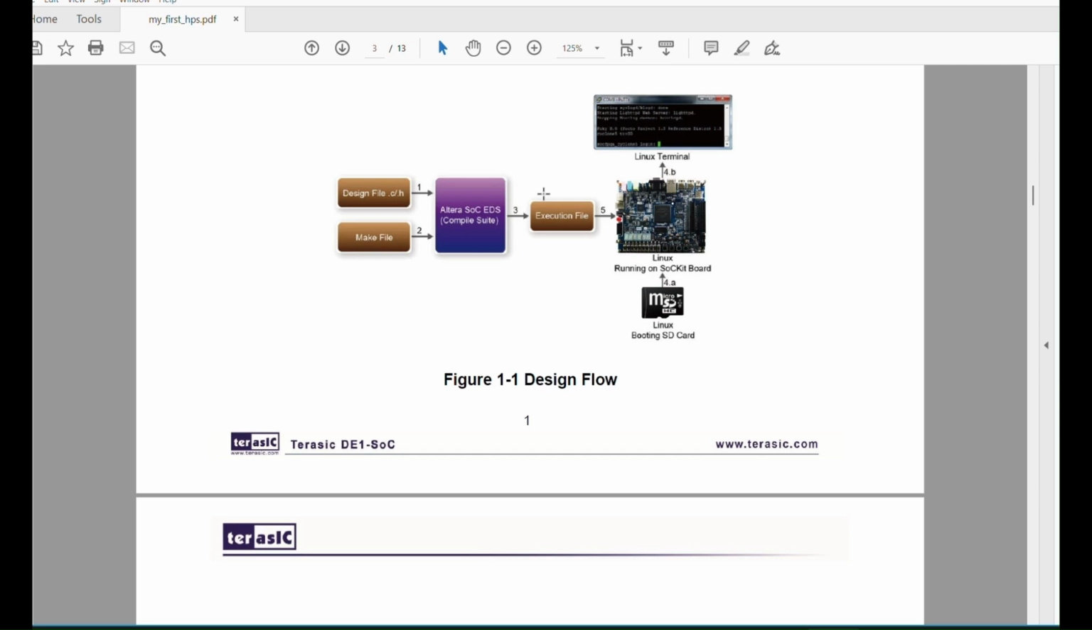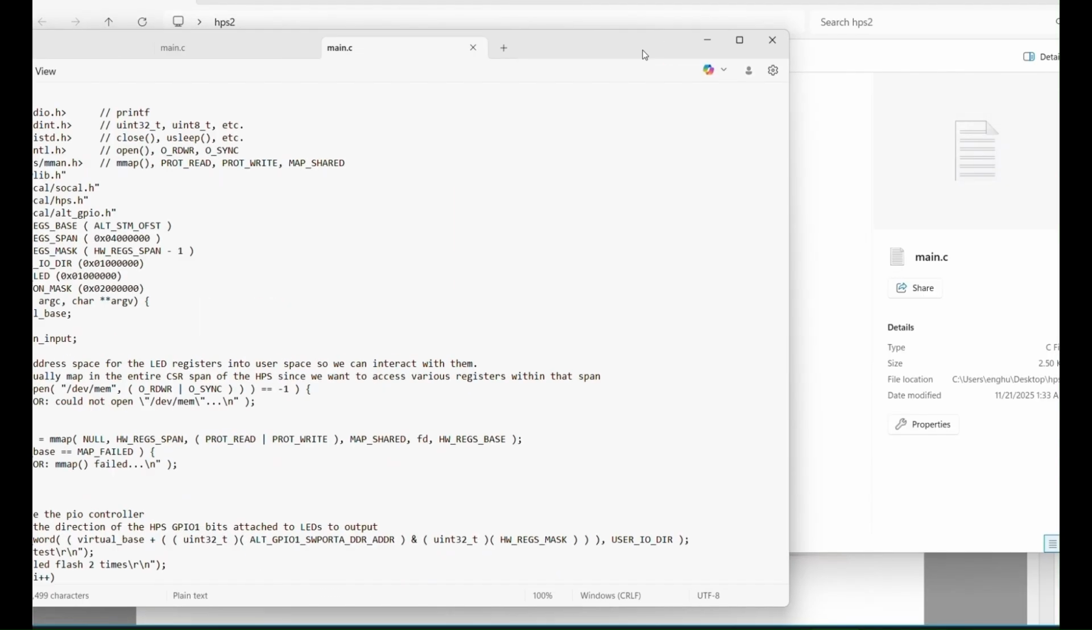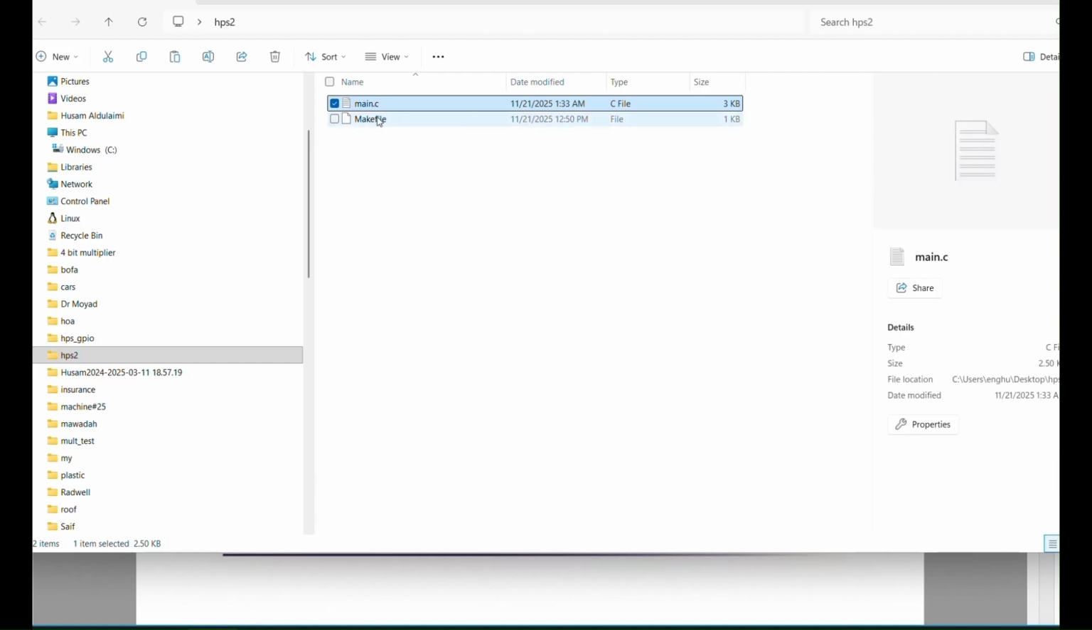We will learn how to create a C language software design and run it in Linux environment on ARM processor on DE1-SoC Terasic board. Our design is like C code. This is the C code and Makefile,